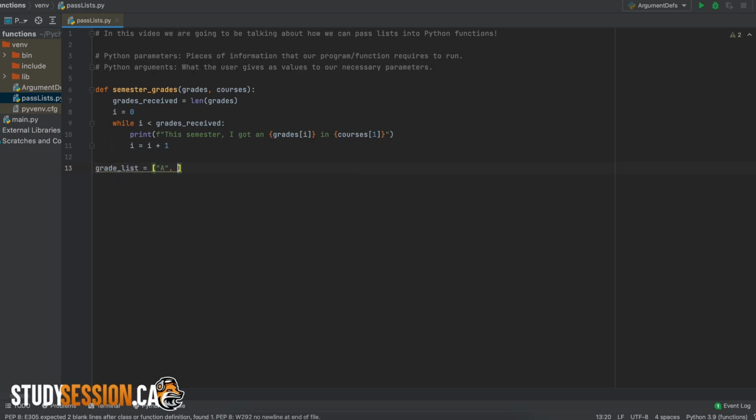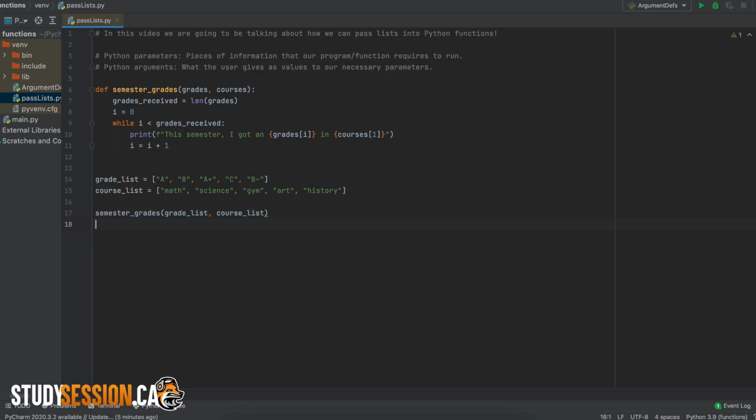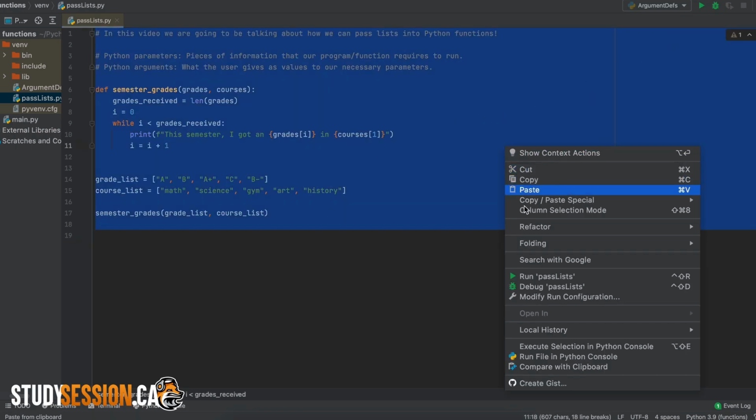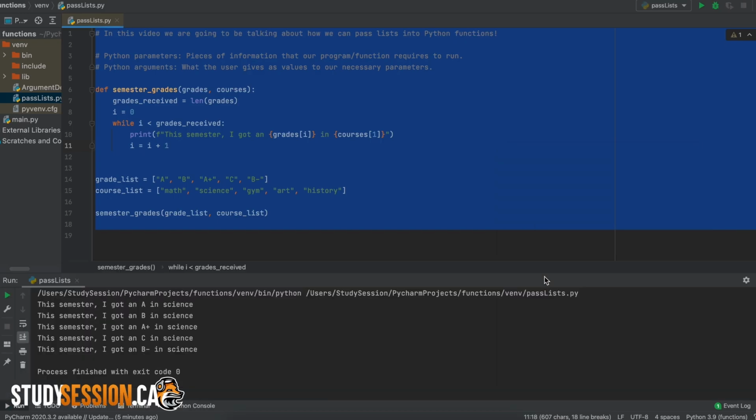Alright, so now we need to create two simple lists that can be handed into our newly created Python function. Then, lastly, let's call our function and input our lists into our Python function using positional arguments. If you don't remember what positional arguments are, check out the video in the description below. Now, let's run our program finally. And we see that we receive a statement about all of our courses taken in a given semester like expected.